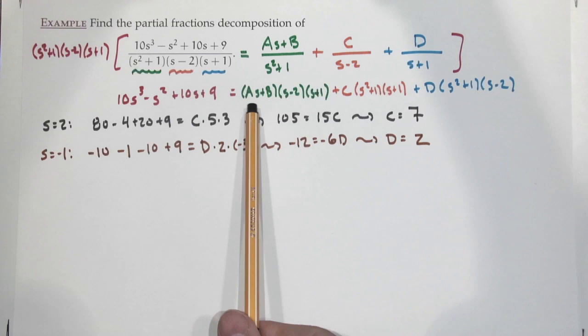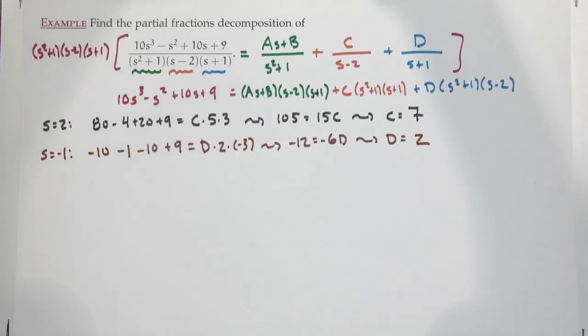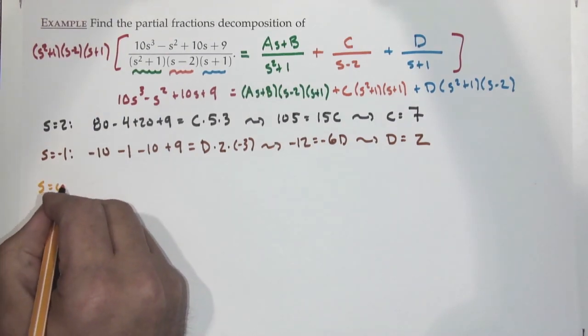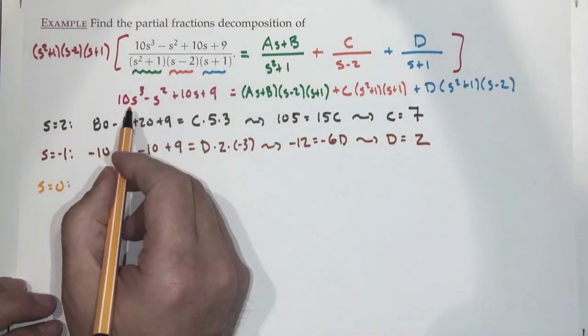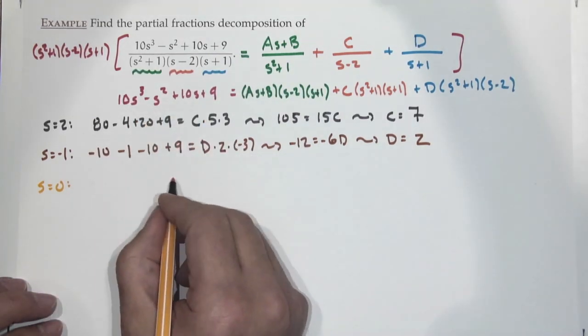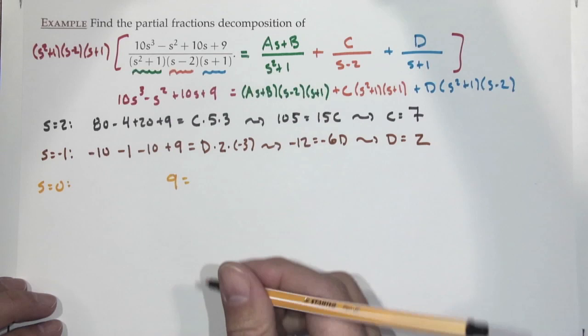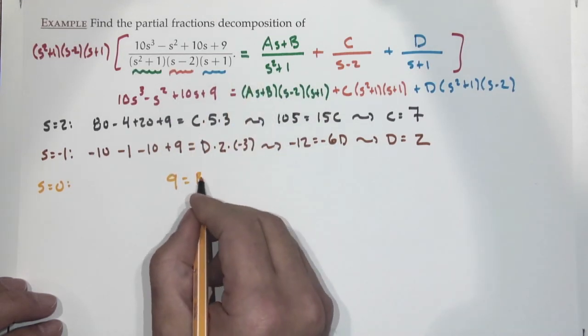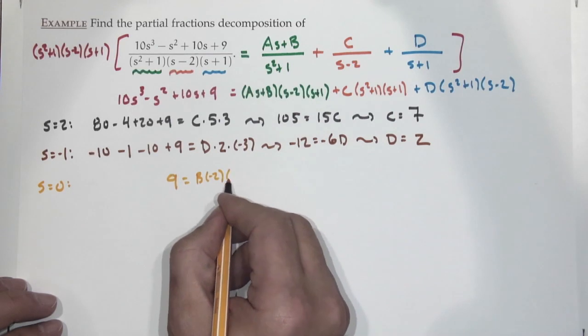See how they have an A times an S? So S equals 0. Okay, 0 minus 0 plus 0 plus 9. Oh, okay, 9 equals 0 plus B, which is B, times minus 2 times 1,